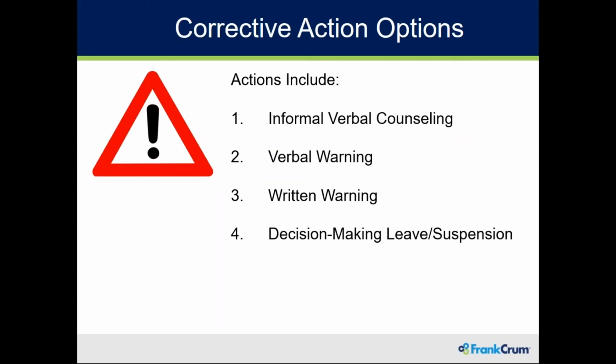For a number of reasons, but one is to just allow you time to investigate, gather facts, and decide what you're going to do, whether you're going to bring them back or whether you're going to ultimately terminate them, depending on what your investigation uncovers. So this is something for some serious infractions that require a little more investigation. If it's something like tardiness that doesn't require more information, I don't know that that's necessarily an appropriate step, although it could be if you just want to give them a final warning, like, hey,